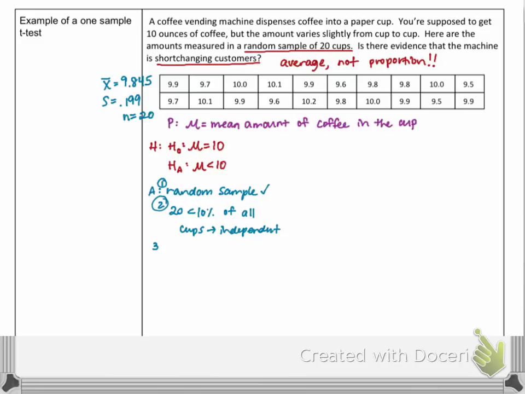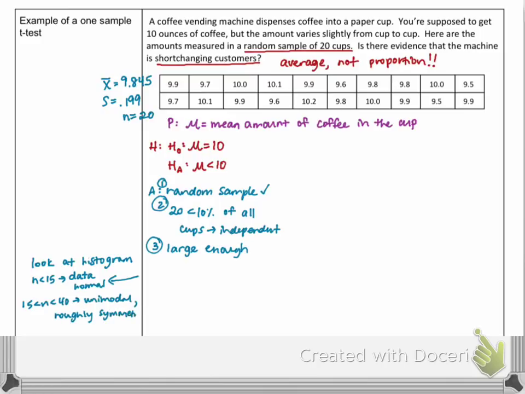And to see if our sample is large enough, here's what I'm going to tell you to look for. So we're going to be checking, is our sample large enough? So I'm going to hop over into the margins and start writing. It really depends. You're checking to see, does my sample look normal enough given the size of the sample? Here are the general rules I give you. If your sample size is less than 15, you want to see that your data is essentially looking normal so that approximating it with a t-distribution is okay. If your sample size is between 15 and 40, it doesn't have to be exactly normal, but you want to see a roughly unimodal and symmetric shape. Doesn't have to be perfect, but you want to see that one hump, and you want to see that it's roughly symmetric. If your sample size is super large, 40 or higher,